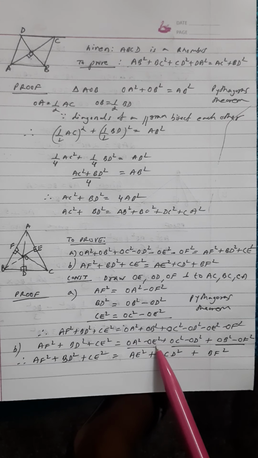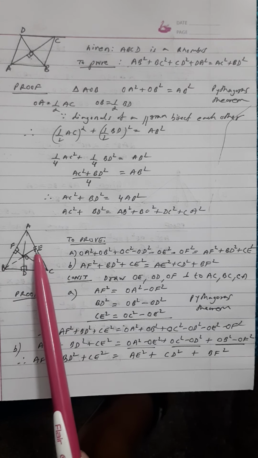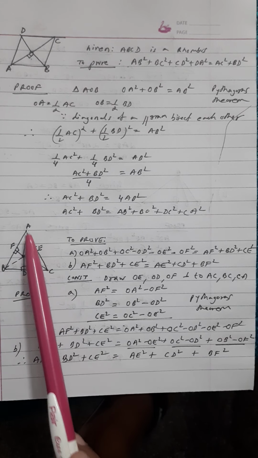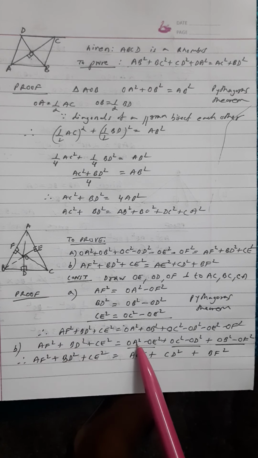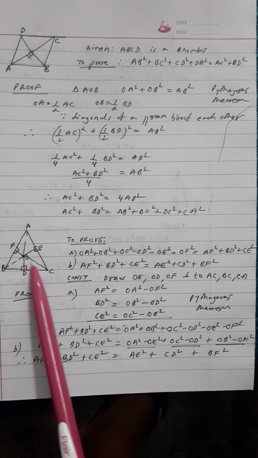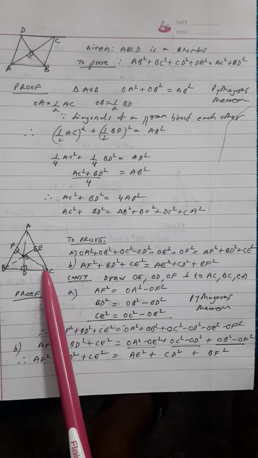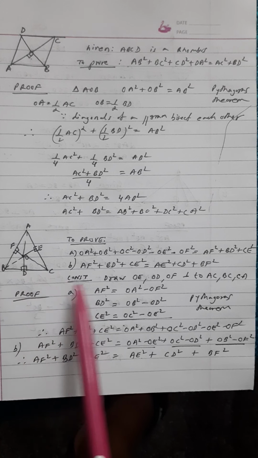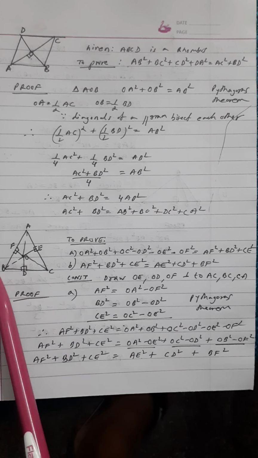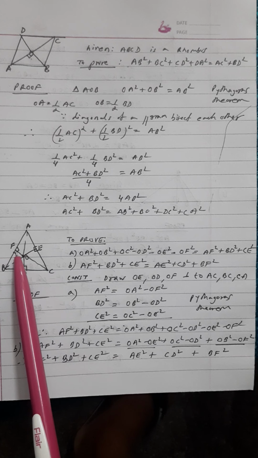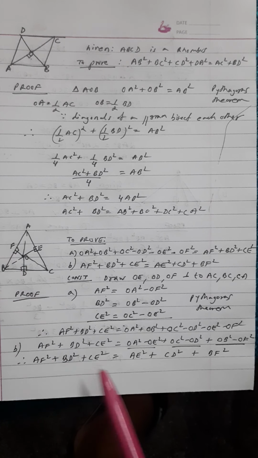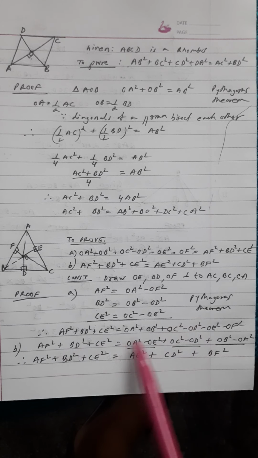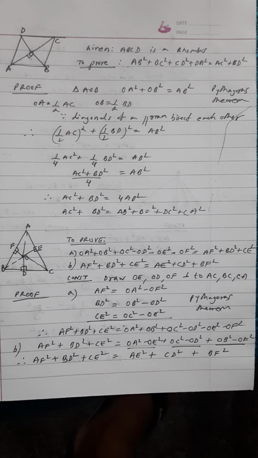So OA square minus OE square, look at the figure here. If you look at this triangle, OA square minus OE square can be replaced with AE square. So I have written instead of this AE square. Similarly, in this triangle OCD, OC square minus OD square can be replaced with CD square. And the third part, OB square minus OF square is replaced with BF square, and therefore we get the required result. So the first part has to be proved, and the second part is actually rearranging the terms so that we get the required result.